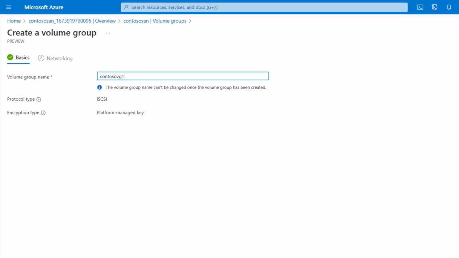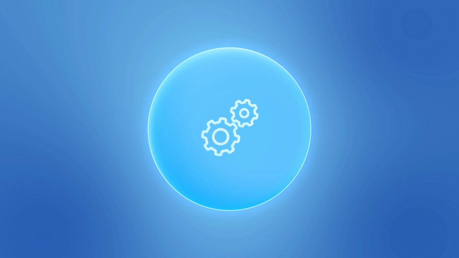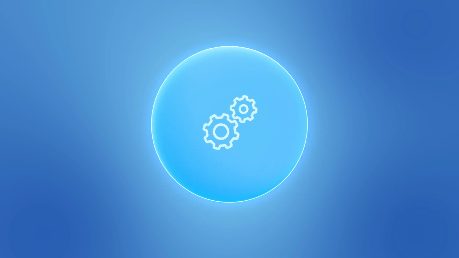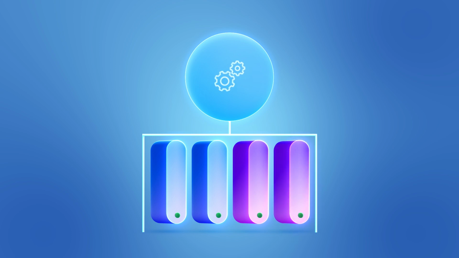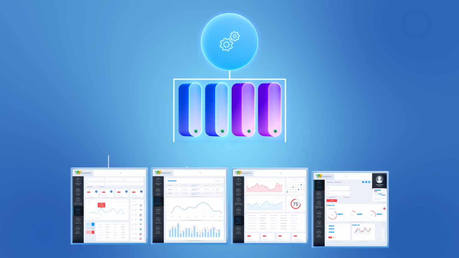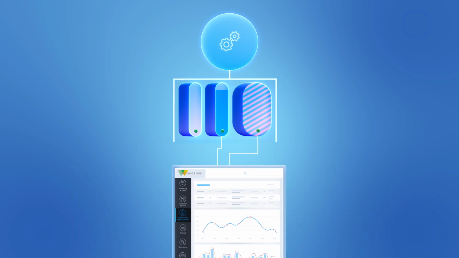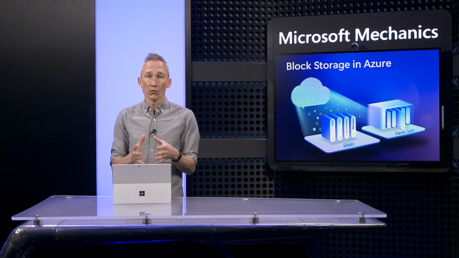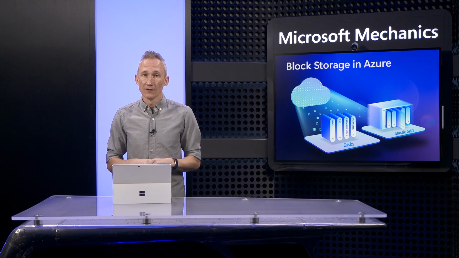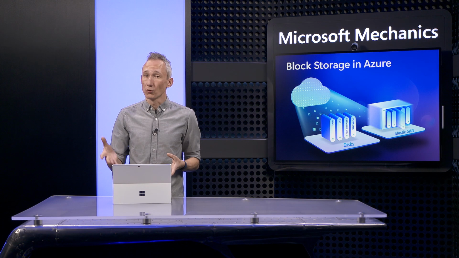Once you've provisioned your SAN, you create a volume group, followed by your volume. A volume group, which is a management construct, lets you easily define your network configurations and encryption settings. Inheriting these policies is your volume. Think of these like individual disks or storage units that you can run workloads against. Your workloads can be attached to a single volume or stripe across multiple volumes for their performance and storage needs. And because Azure Elastic SAN uses the iSCSI protocol, those workloads can run on a broad range of compute resources in Azure.